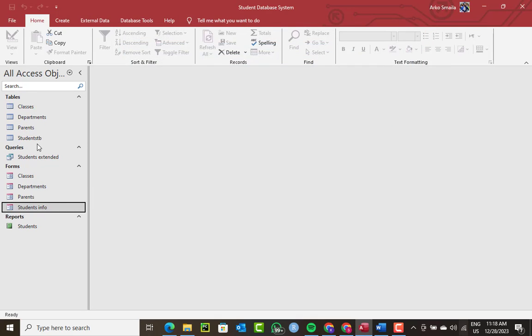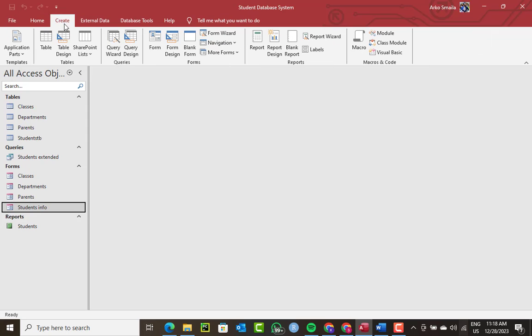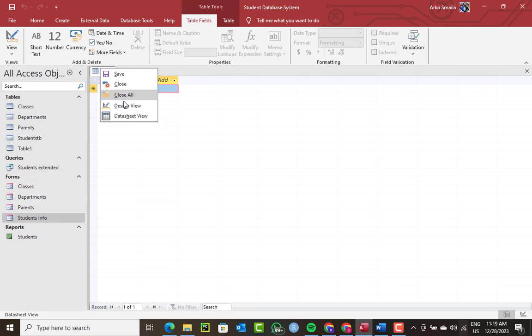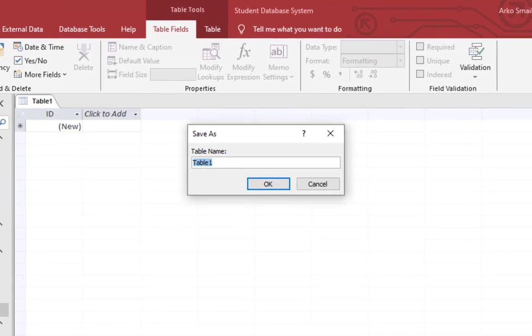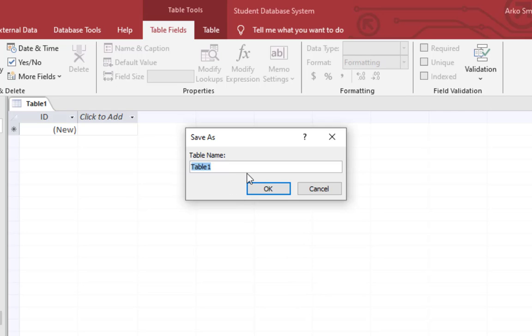Before then, we go to Create. Now let's create an additional table. So we create a table. I'll click here, go to design view. Okay, so now this is going to be school fees. Sorry, so we'll say school fees